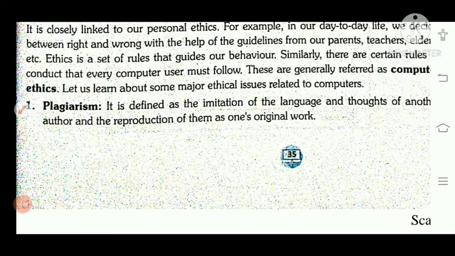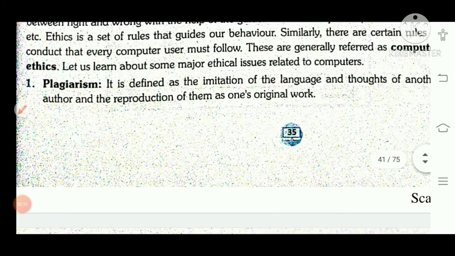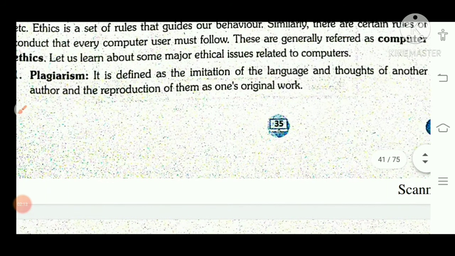Suppose your friend gives you his notebook for doing work, and you have to deposit your notebook but you do not have time. What you do is place your name slip on it, representing someone else's work with your name. This is a crime, and in terms of computers we call it plagiarism.